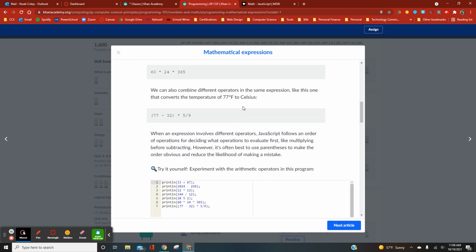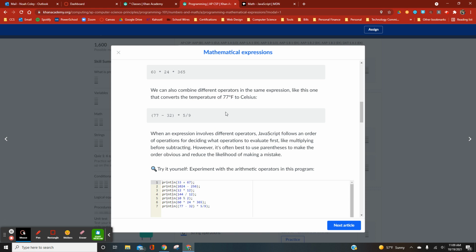Now, apparently this is how you convert. This was my 77. I don't know enough about this, to be honest, but I think 32 is freezing. I don't know if that's why we do it. I'll need a math check on this. Times 5/9. So apparently, if you take the current Fahrenheit, subtract 32, and times that by 5/9, that'll give you